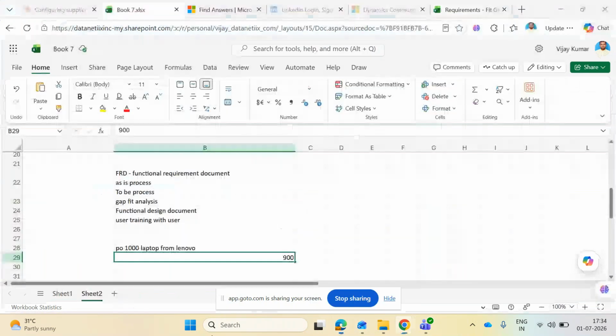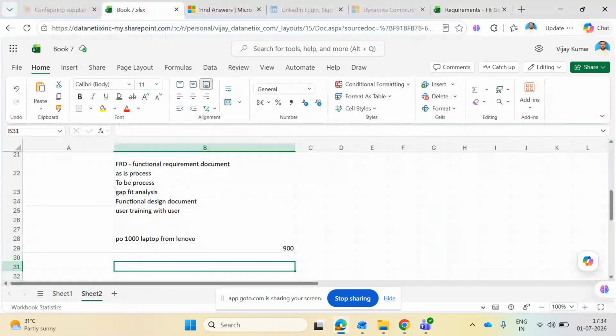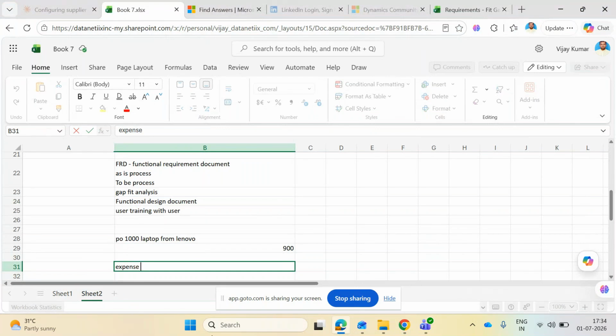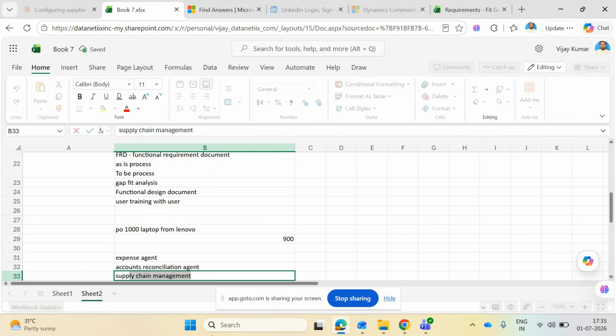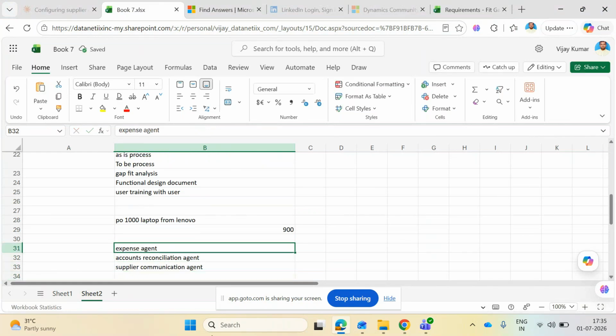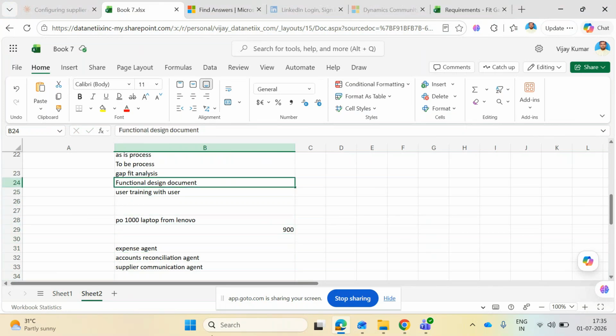In D365 F&O, there are five types of agents available. Once you have an idea, in the last part of the training I will explain the agents, like the expense agent, the accounts reconciliation agent, and the supplier communication agent. All these types of agents need to be configured, and then you need to understand. Nowadays, not only practicing this D365